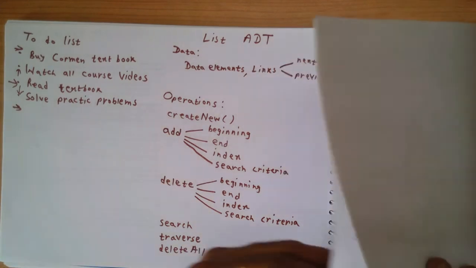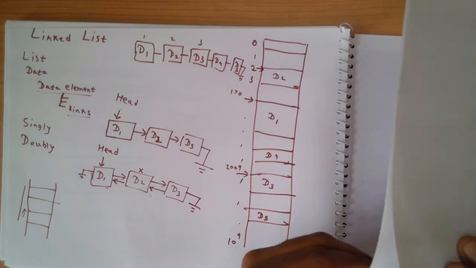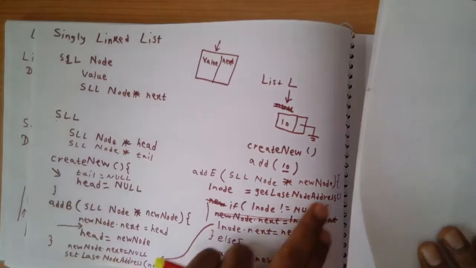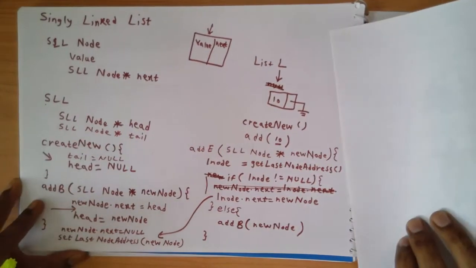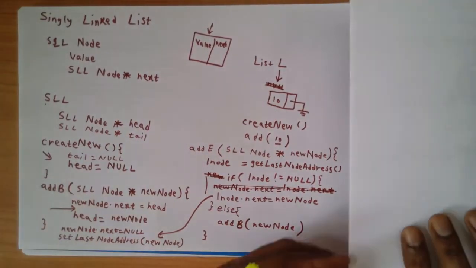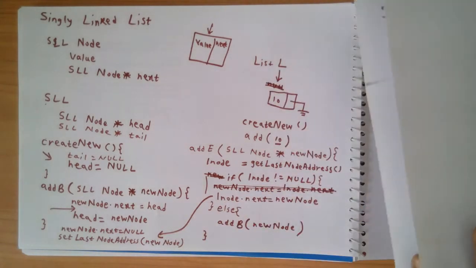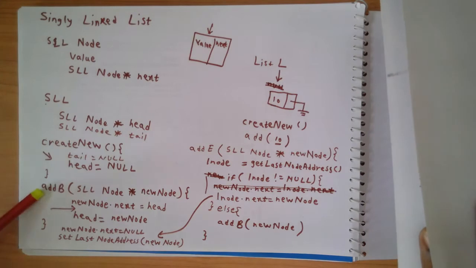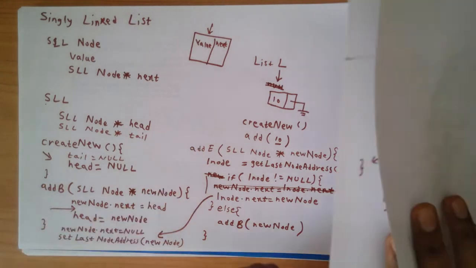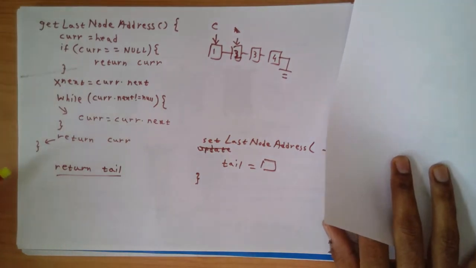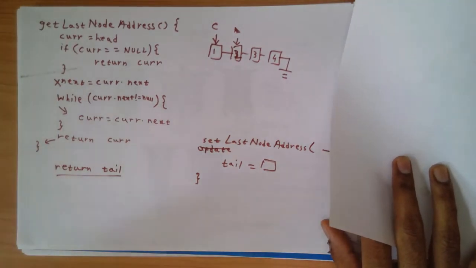And then we talked about linked implementation of the list, and out of these two we were talking about the singly linked list, and then we defined the representation of singly linked list, and we talked about add methods. If you remember, we have done create new, add at the beginning, add at the end, and we looked at two versions of add at the end, one that does not maintain an explicit tail pointer and the other one that maintains the explicit tail pointer. So now we are going to talk about the delete function.